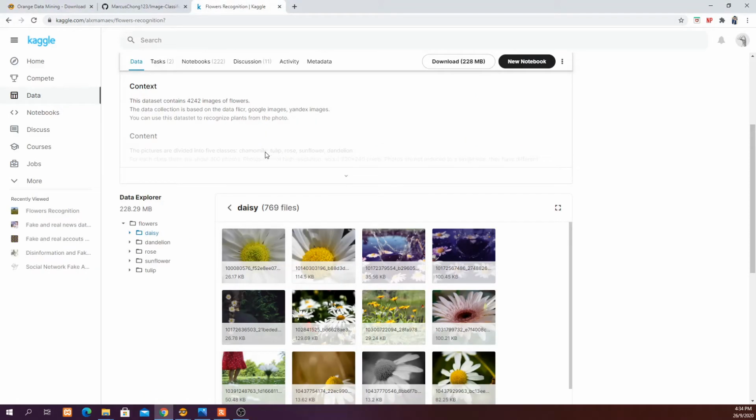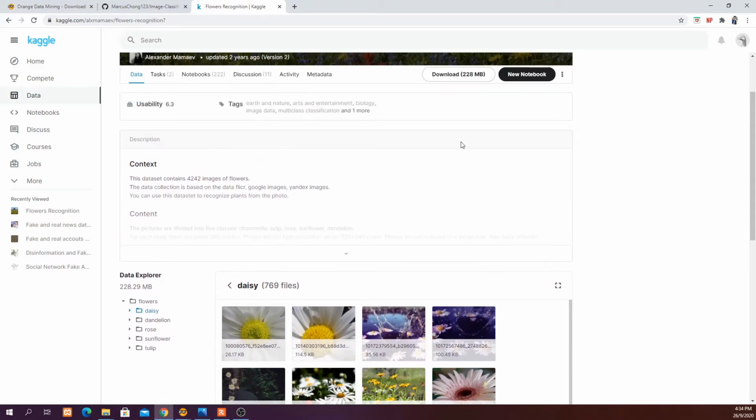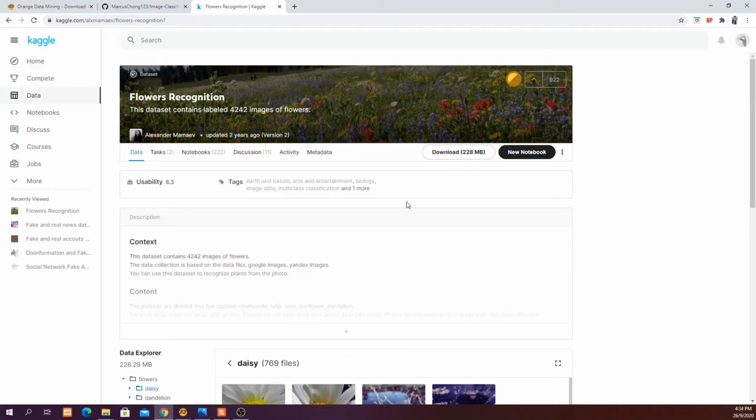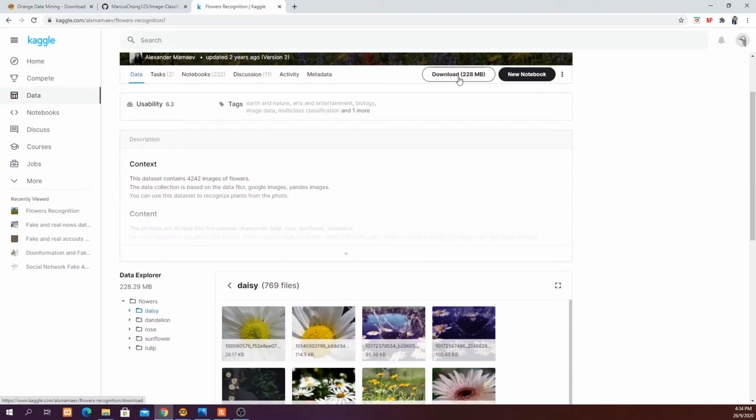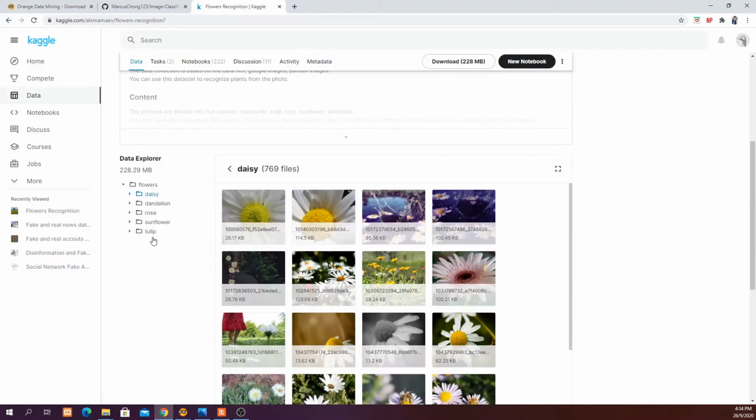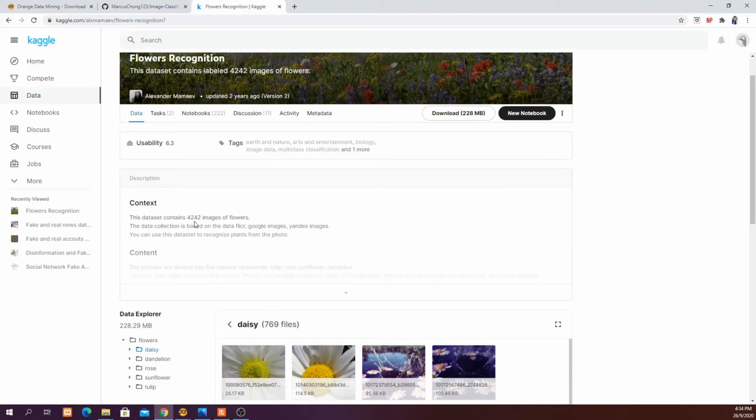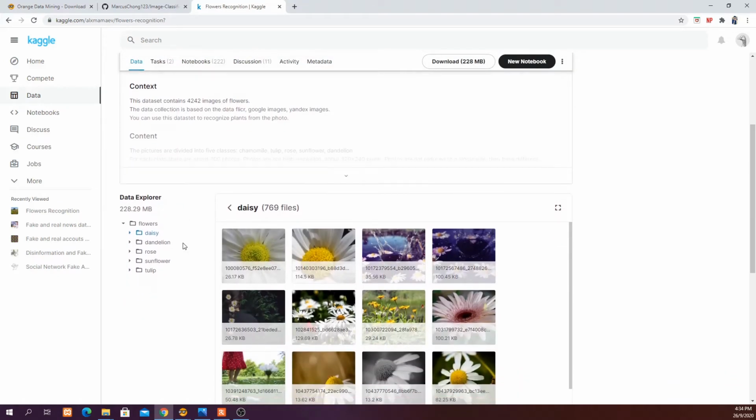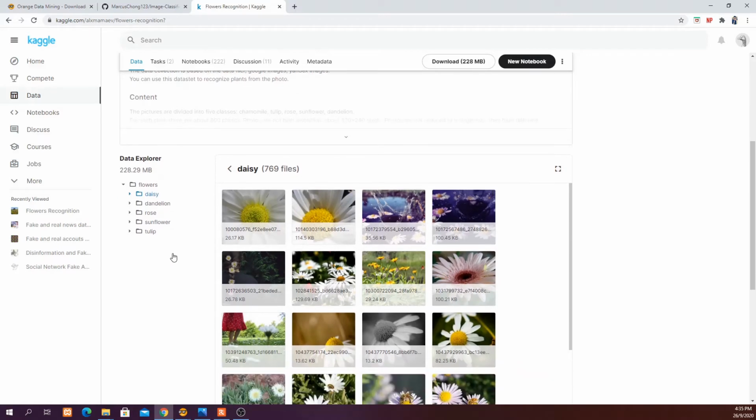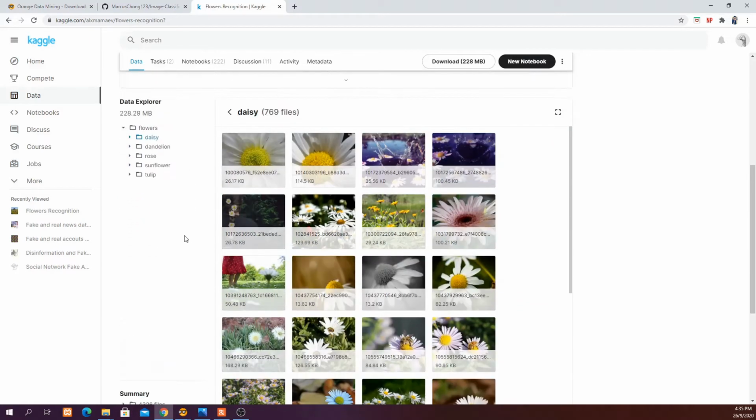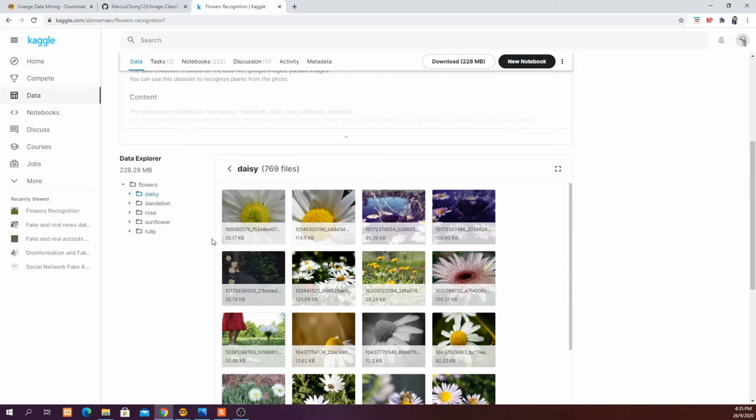kaggle.com, register yourself, and then download this data set, which is called Flowers Recognition. In this data set, you can just click the download button, and then you will have the data set. Inside the data set, you will see that you have 4242 images of flowers, including daisy, dandelion, rose, sunflower, and tulip. So feel free to download it onto your local computer, and then after that, we are going to go